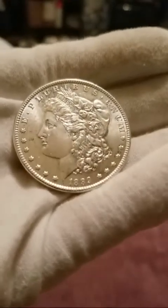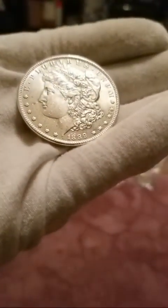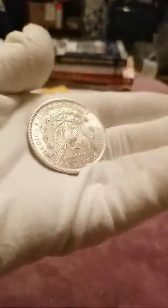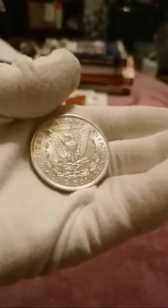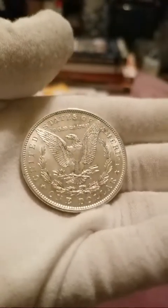So I don't know if you guys remember when he gave this away or not, but this one did come. Yeah, it's beautiful. It's beautiful, Maria. This one is one that came from Brian, itismeBrian. And it was, yeah, it is a beautiful Morgan. This is probably one of the better ones I've got, and it came from,